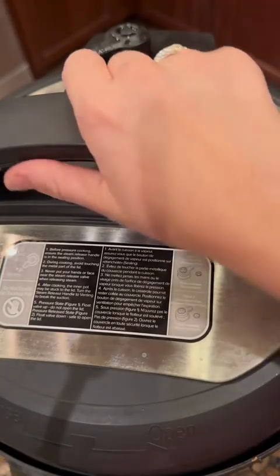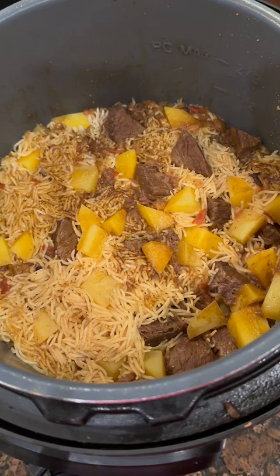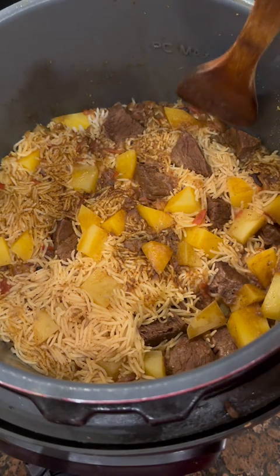So after the time is up, we can release the pressure, and just look at how amazing this turned out. I was seriously impressed. It was my first time using the Instant Pot to make a rice dish, and it came out great. And that is how you make